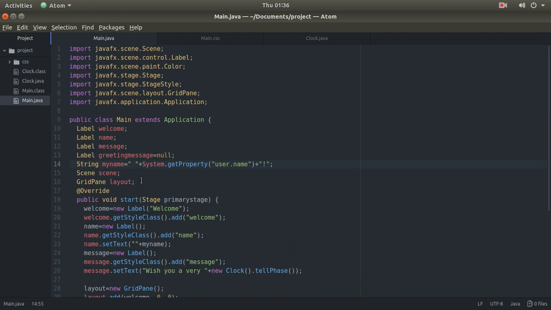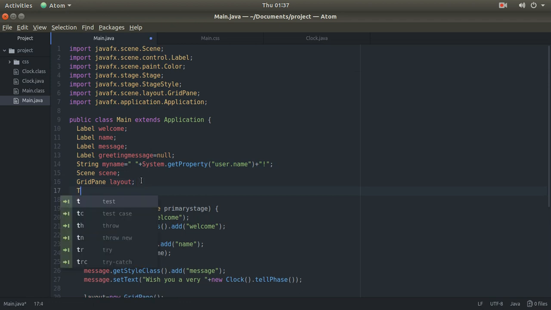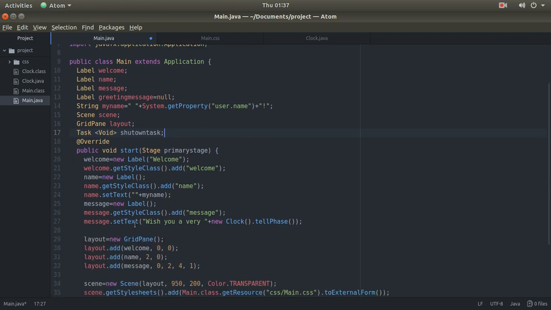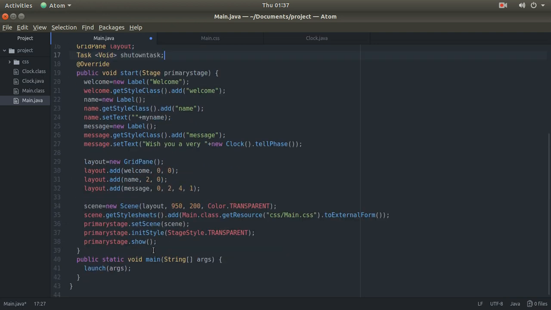I don't know whether I've... okay. So now here I'll do some things. Task void, and let it be a custom name, shutdown task. The shutdown task. Okay, after stage dot show, here we'll implement the code for that shutdown task. Shutdown task, sorry, is equals to new